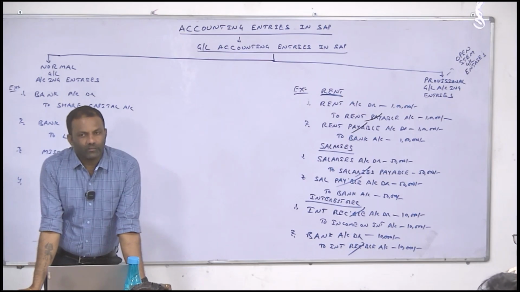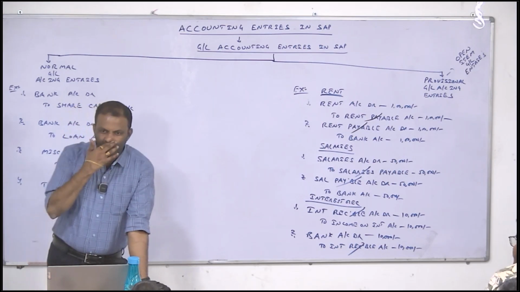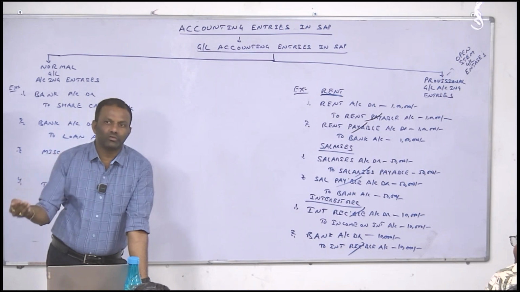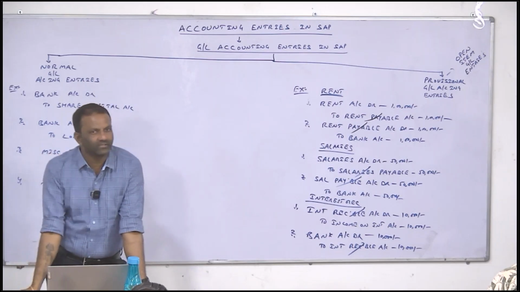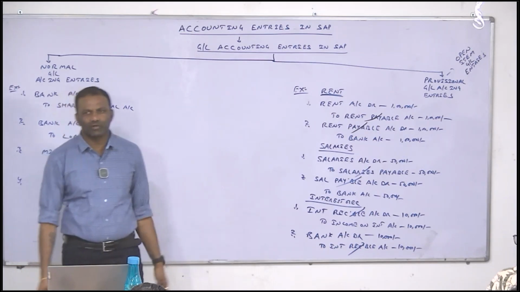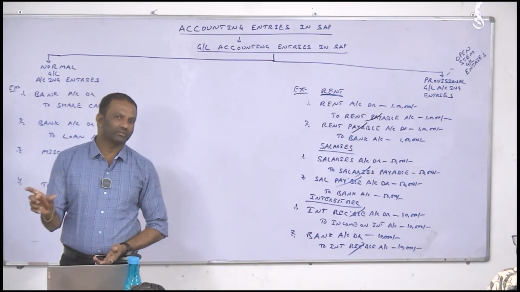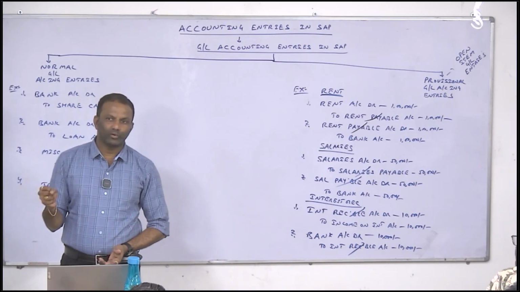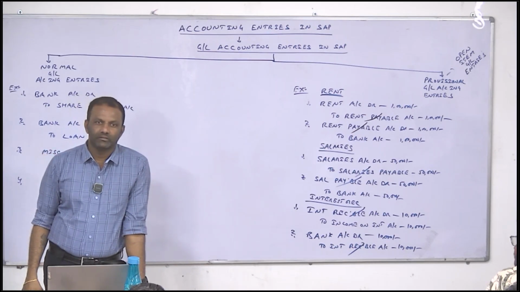One thing upfront I am telling you: whatever interview you attend, either a business user role, accountant role or consultant role, after you complete your introduction, for example, we will ask, could you please introduce yourself? Then you give a 1 or 2 minute introduction. Then we ask what projects you have done, what versions, what types of projects, what methodologies you have used. Once we complete that phase, then immediately we ask accounting entries. By asking accounting entries, we will understand how much knowledge you have in accounts.